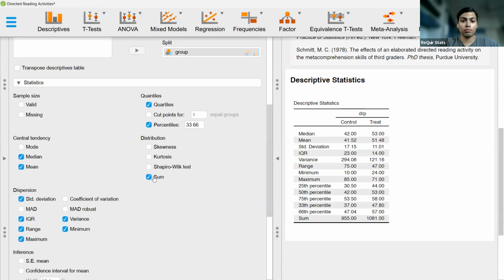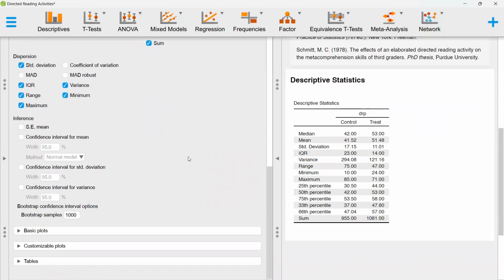Okay. So let's come to the Shapiro-Wilk test when we perform our t-test. So this is how we perform descriptive statistics. So now,